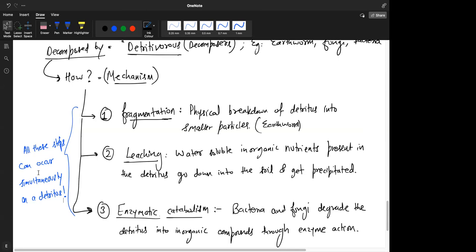If all the detritus could be easily broken down and easily leached, then very fast all the detritus would just break down and leach inside the soil, and the upper layer of the soil would become infertile because it would be devoid of nutrients. So this kind of detritus that is resistant to microbial action and decomposes very slowly is called humus. You must have heard this term humus in your junior classes, that adding humus to the soil makes the soil more fertile. Do you understand?